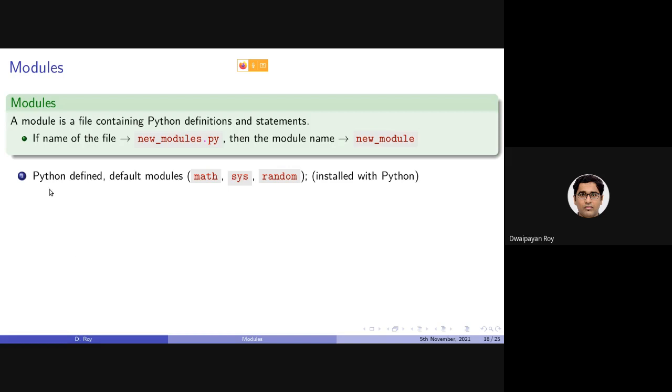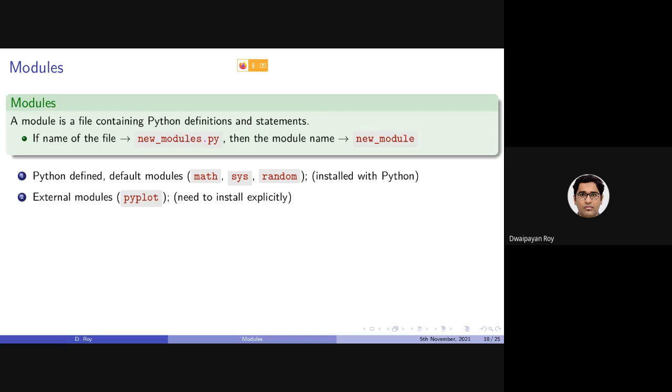Now, we have so far looked at the Python defined or default modules, which are installed by default along with Python, right? The second type of module is called external module, which is not installed together with Python, but is developed by other Python developers, not exactly the ones who developed the Python language, but developers working on extending it.